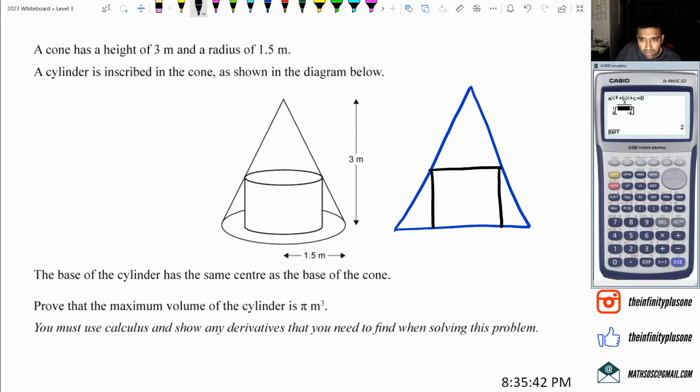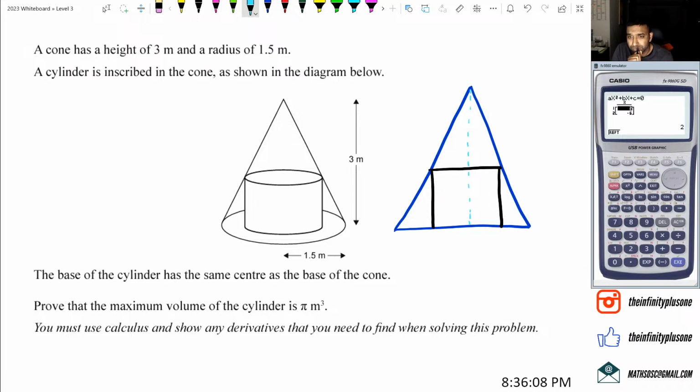Now the key point is that with this cone there is a middle line like this. If you draw the diagram like this, straight away you can kind of see